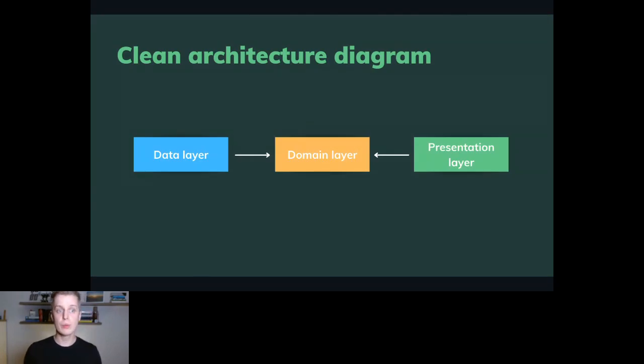As you probably know, clean architecture has 3 layers. There are a data layer, a domain layer in the middle, and a presentation layer. If we want to somehow represent the data in our application, we should do it separately for each layer.